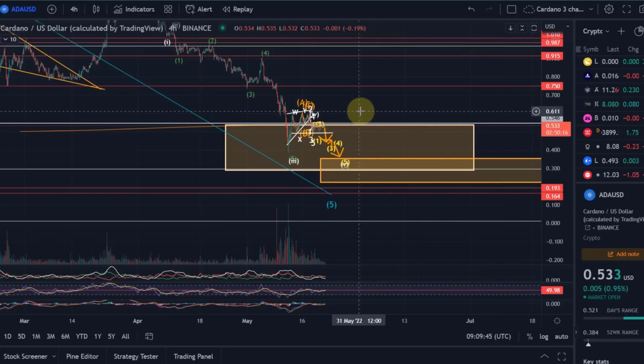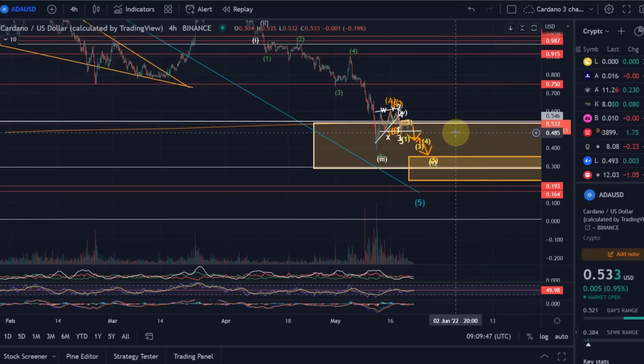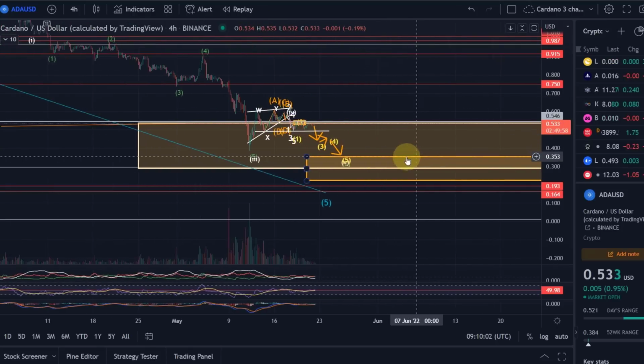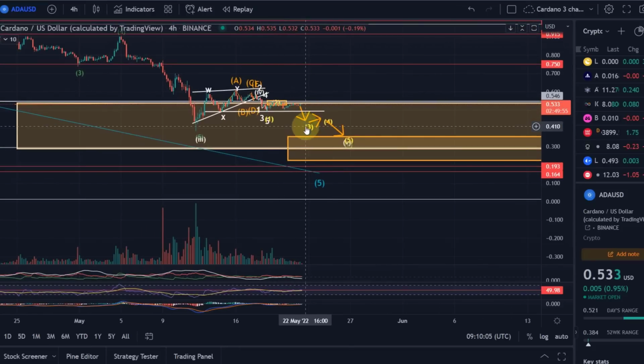I've said now that I think that in the next 4 to 6 weeks the correction could be over, which means that in the next 4 to 6 weeks we could find the low here. That is currently my estimation. Again, I could be wrong, but I think it could be based on what is unfolding here, how long the previous waves have taken. So absolutely, I think we could in the next 4 weeks proceed in this way, that we find a low here and then start to recover. Now this doesn't mean in 4 to 6 weeks we get to a new all-time high. This just means in the next 4 to 6 weeks we could have a low somewhere in this area. That is my current view here of the Cardano chart.